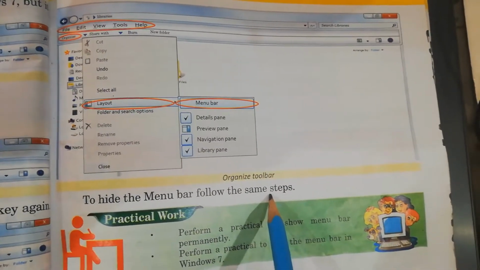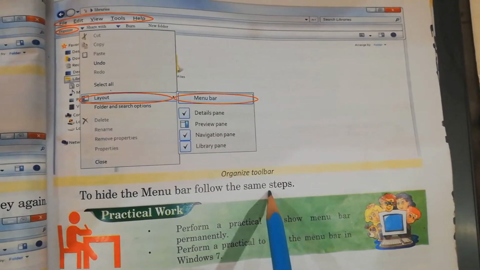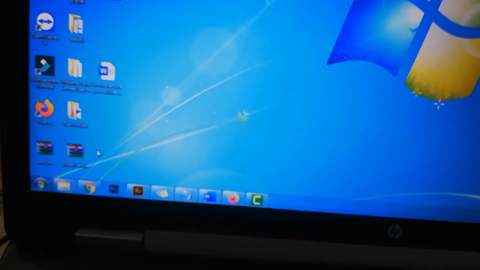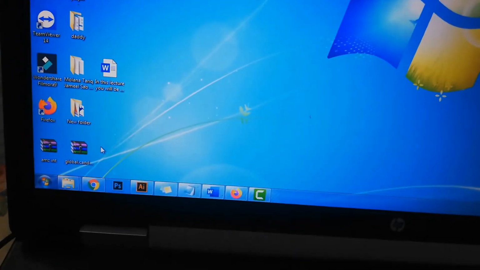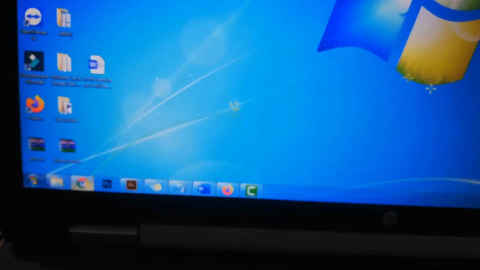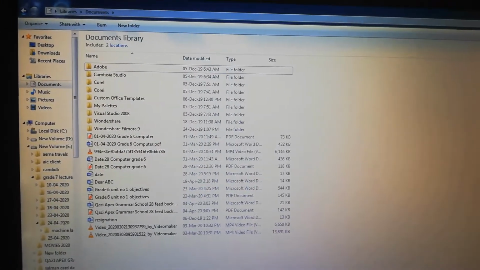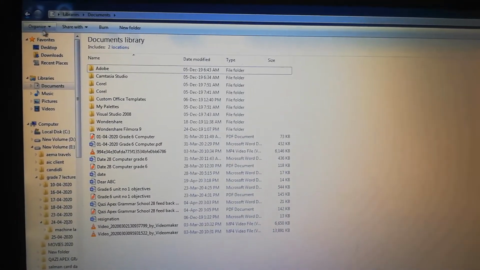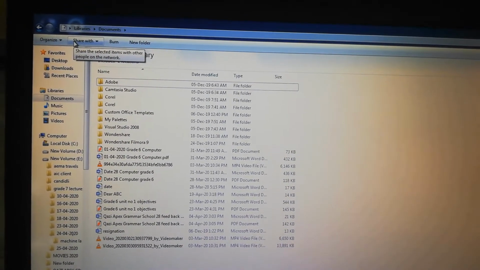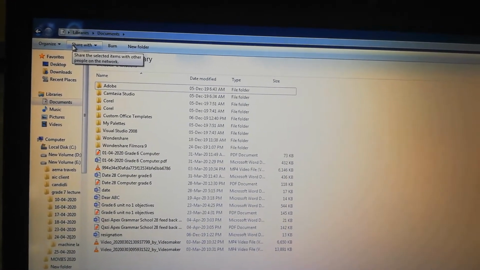Now we will see practically how it can be done. Here is the computer screen. On the taskbar, click the Windows Explorer button. As you can see, press the Alt key, and the menu bar appears above the toolbar.